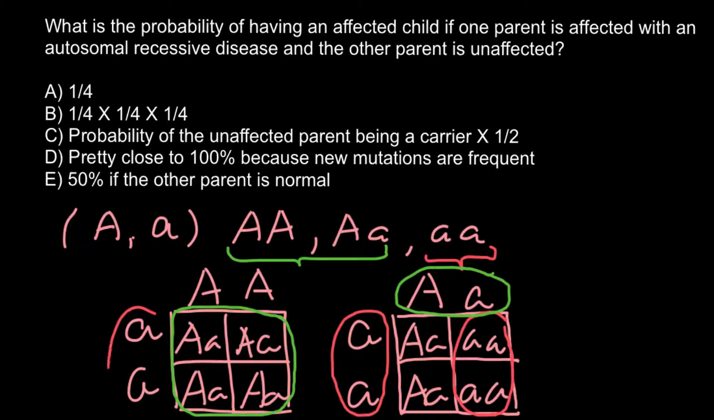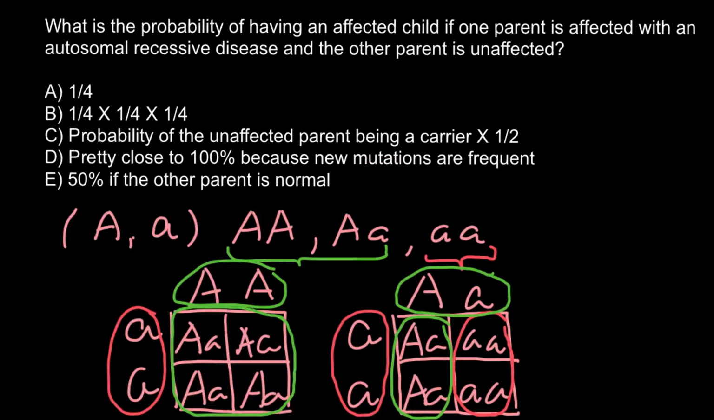This parent would be affected and this parent on top would be unaffected, but only the heterozygous genotype would give us a probability that 50% of the progeny would be affected. And once again, the higher the frequency of this genotype in the population, the higher the probability that such a couple would have an affected child. So as you see, the answer would be the probability of the unaffected parent being a carrier, or heterozygous,